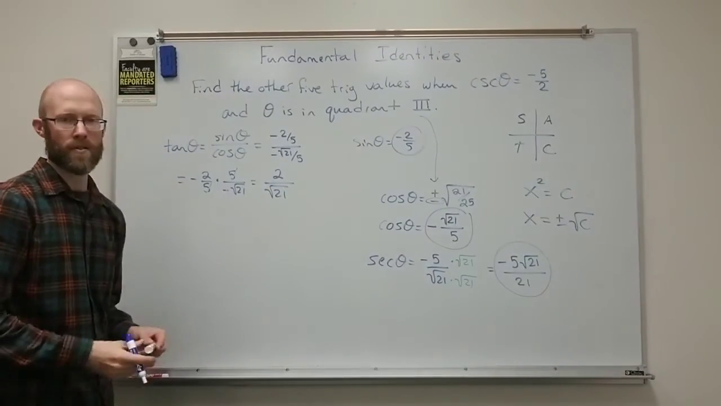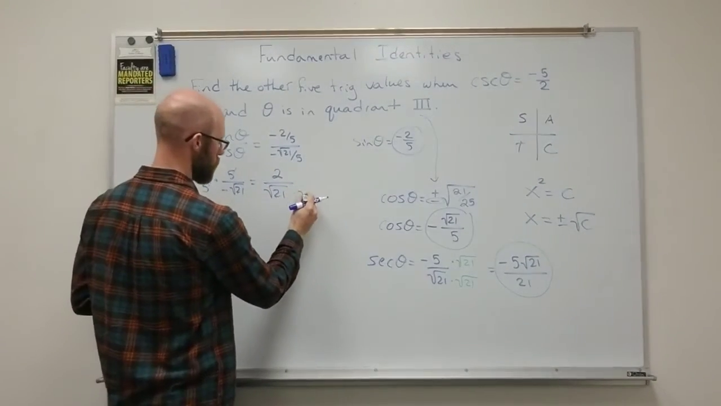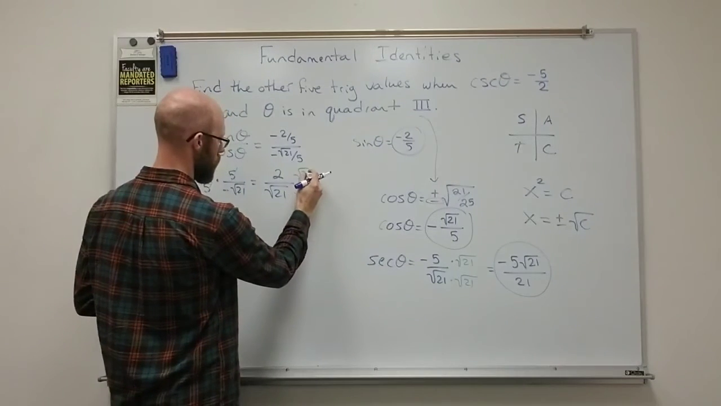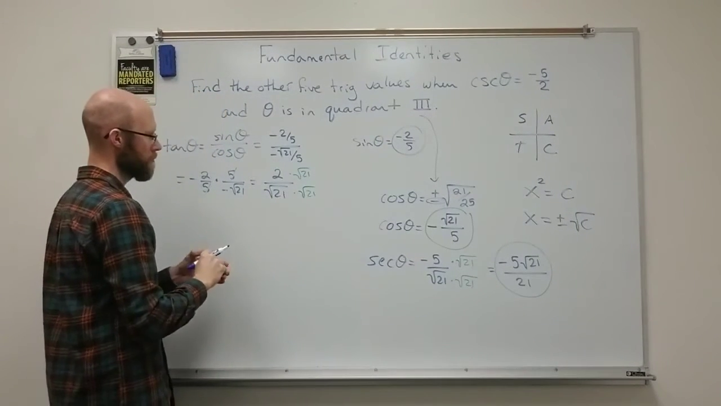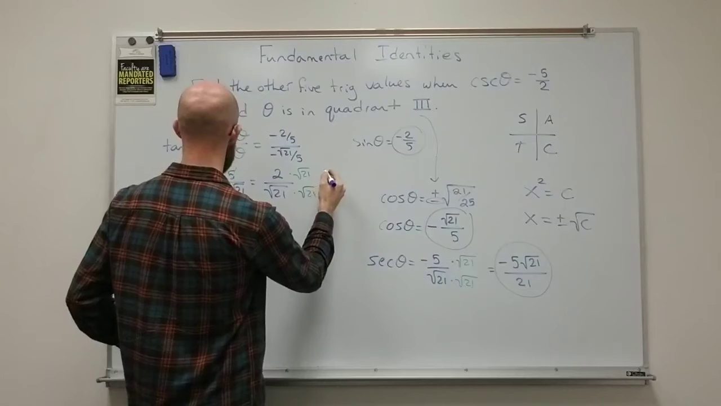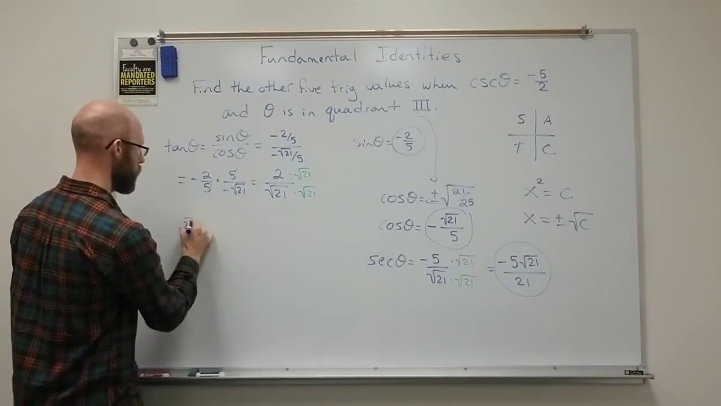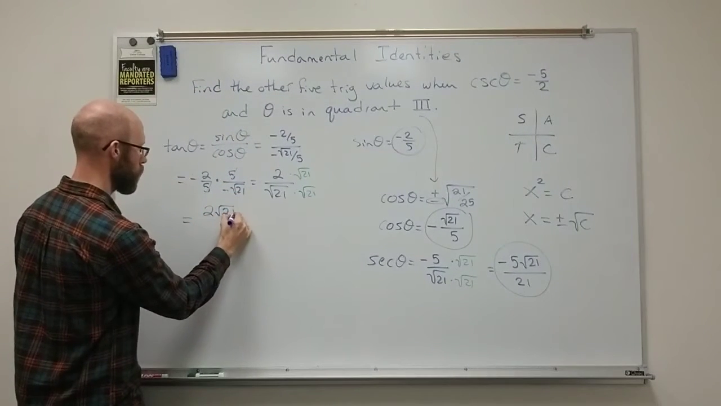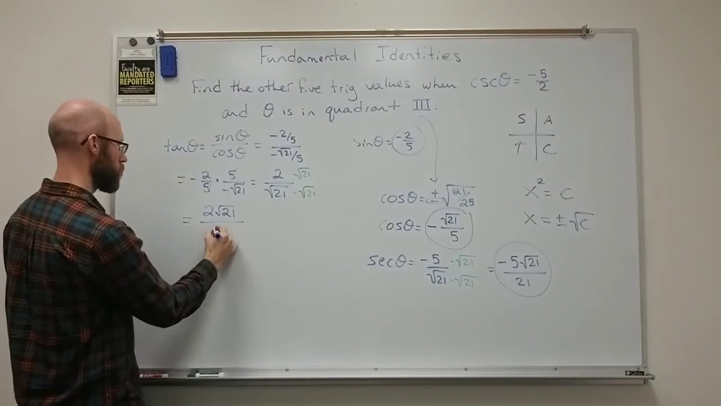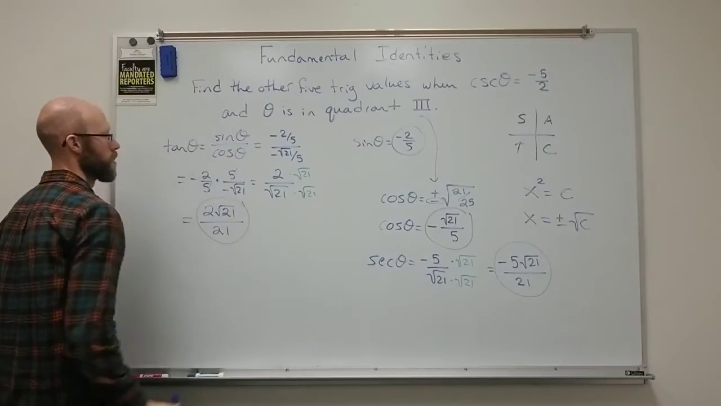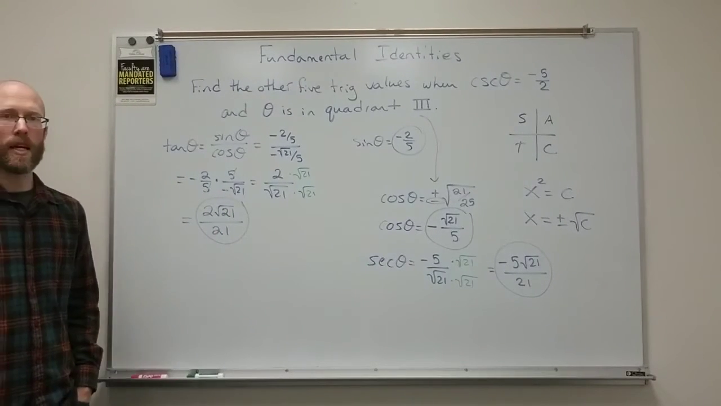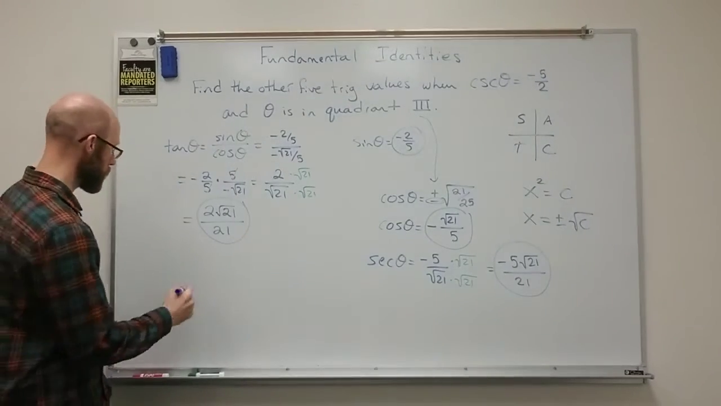And of course, again, I have to rationalize the denominator, so multiply by root 21 on top and bottom. And that gives us a tangent value of 2 root 21 all over 21. Okay, so there's our tangent. And then, of course, the cotangent